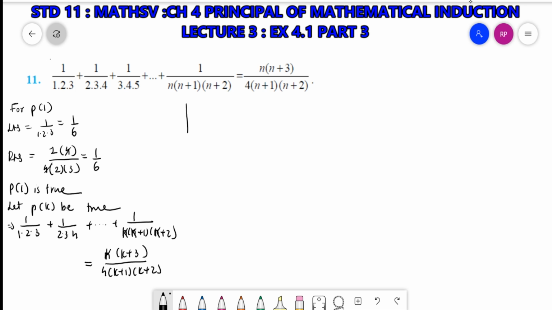Okay, now for P of k plus 1, we have to prove